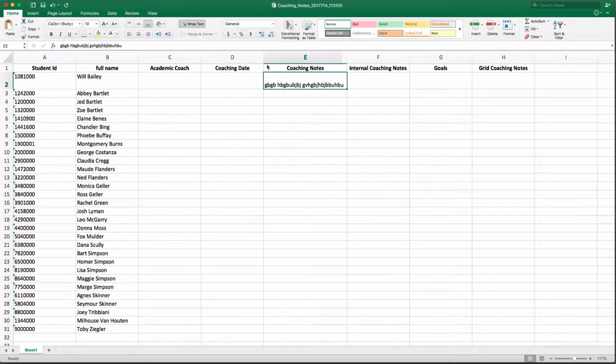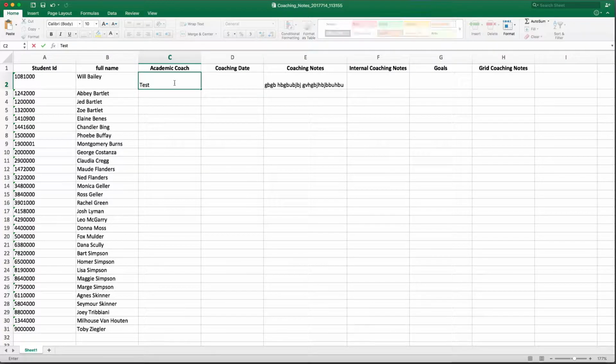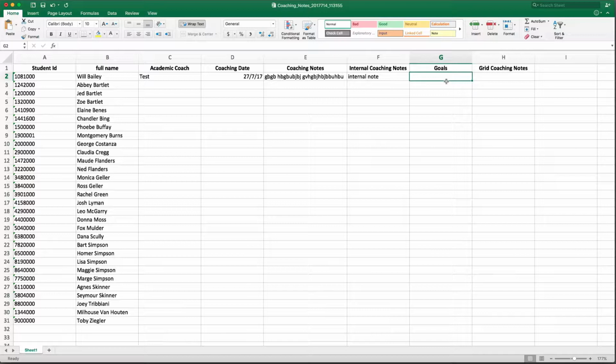So once this is done, here we'll do a little test. So the coach is test, coaching date is today. We've got some coaching notes, and we'll put in an internal note here, a goal, and I'll leave it at that. I'll leave the grid coaching notes alone. Okay, so we're just going to save that file,